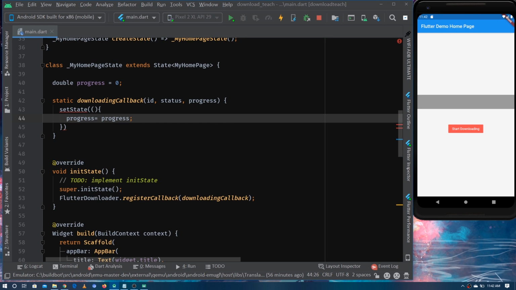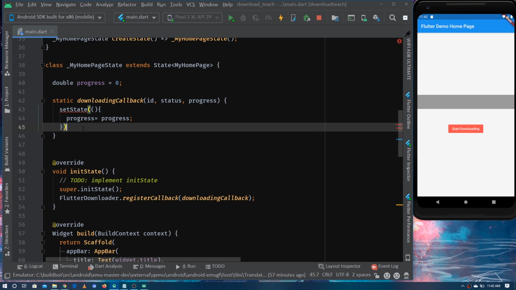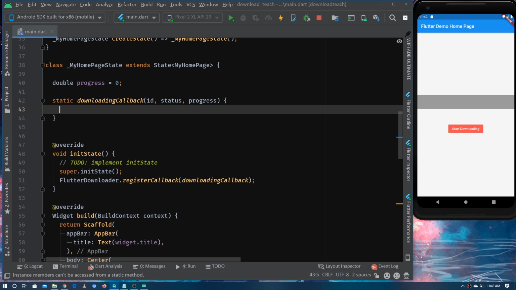So the simple answer is we cannot do this. The reason is because this downloading callback will get executed in the background isolate, because the downloading is also done in the background isolate, so that it cannot freeze the UI isolate, which is actually the main isolate. So in order to update this value of progress, as whatever is inside it will be executed in the background isolate,